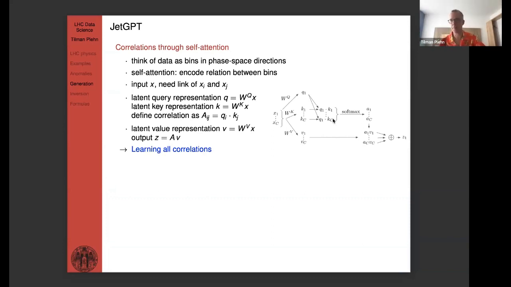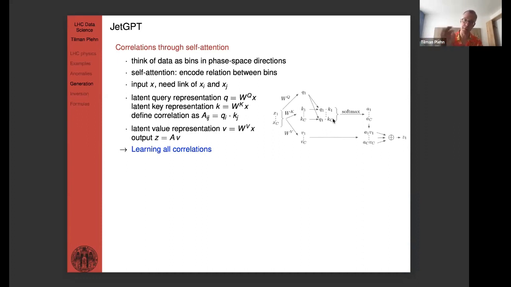Which means it's just a big basis rotation. It's an automatically learned basis rotation. So you have an appropriate latent basis with a lot of degrees of freedom, and you just learn that. The idea is that this self-attention then gives you a representation. Think of it as a matrix that knows from the data how closely tied two entries are. If they're closely tied, then this is a large value. And if it's less correlated, it's a small value. Right? And that's really what they do. So this is what a transformer does. It works in this space. Now you see that this is learning all correlation. That is immediately clear why transformers take forever to train, because you need to learn all of that structure.